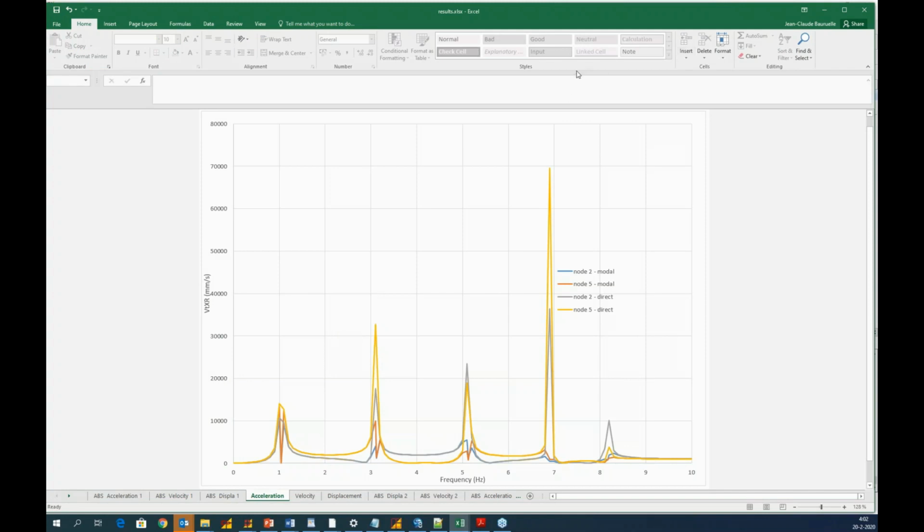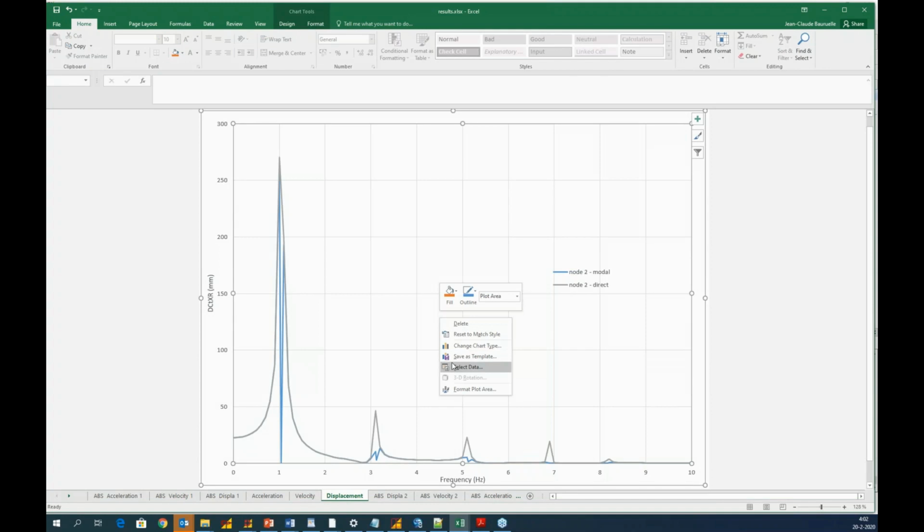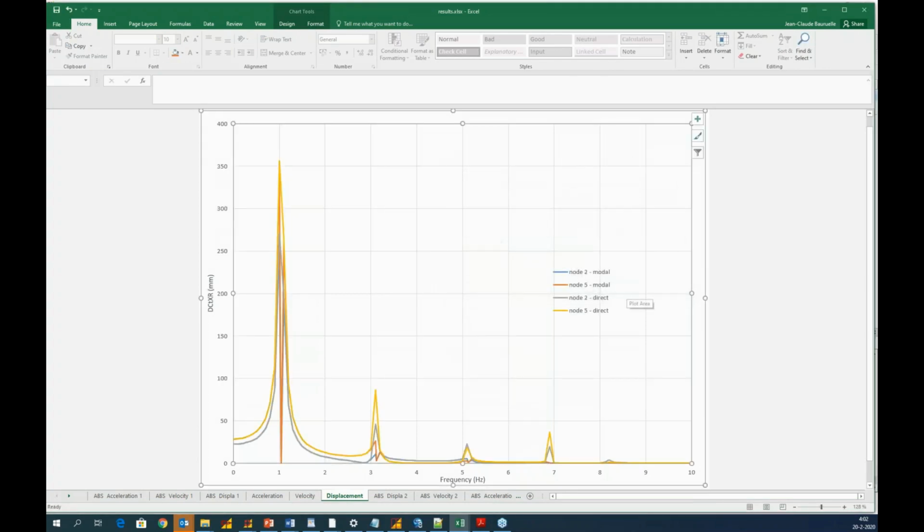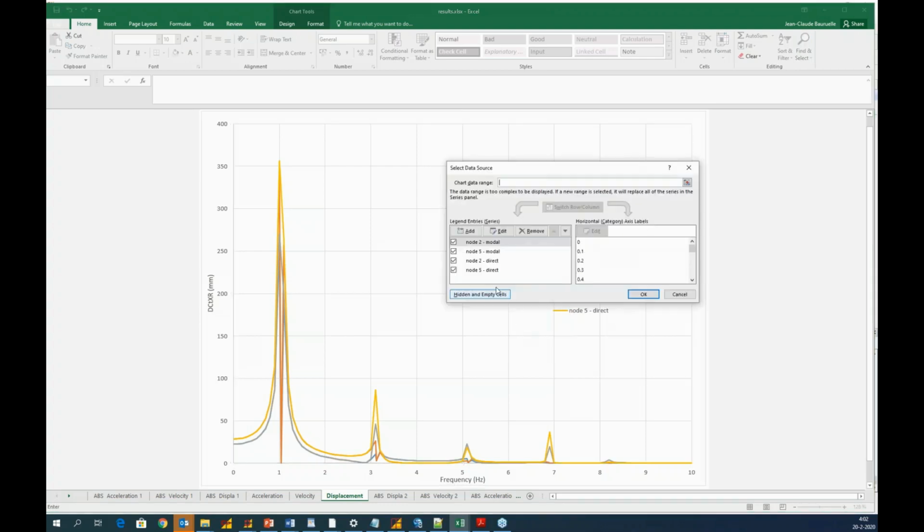And as you can see, if I look at the displacement and I activate all my results, nodes 2 and 5 are basically these two nodes, one at the top corner and the other one at floor number 3 connecting the wall. The orange and gray are the results of the direct response, whereas the reddish and blue are the results of the modal.